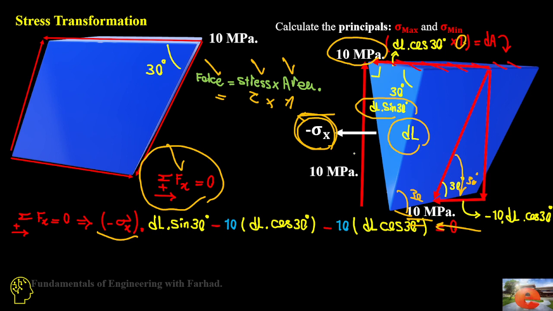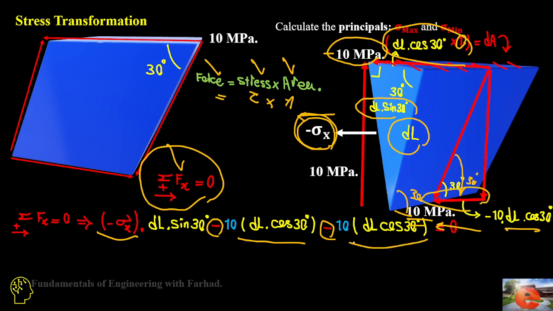forget about the 1, it just cancels out, and negative 10 times dl cosine of 30, again minus 10 times dl cosine of 30 at the top. This is this one, and negative also, that's the direction. And also another negative 10 times dl cosine of 30, which is here. Then we don't have any other forces, so if we cancel out dl with each other,